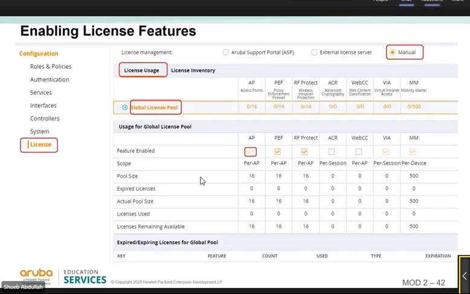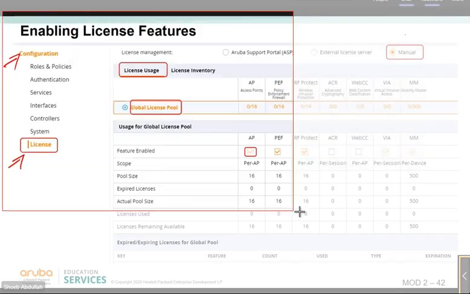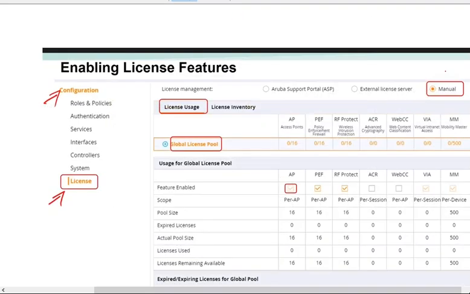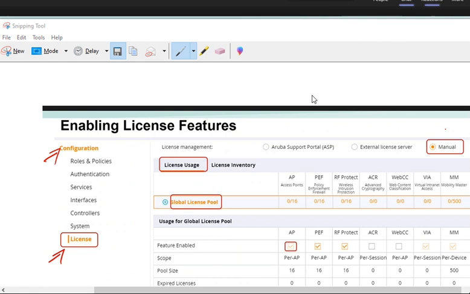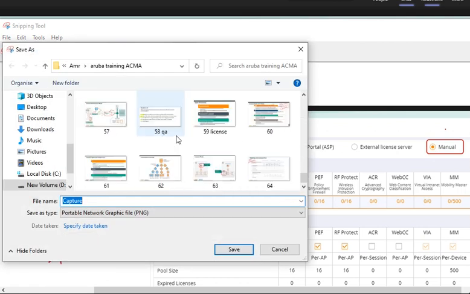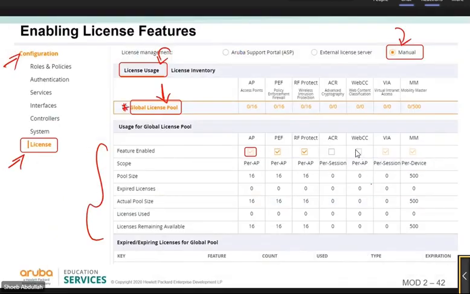Right? If you want to enable the license features, you need to go to your mobility master system group. Under the configuration, under the license, you need to go to your license usage. In the previous section, you clicked on this. Don't click that, click on the text of the global license pool. As you click on it, you will see all the features that you want to enable, right? EP, PEF, RF protect, advanced